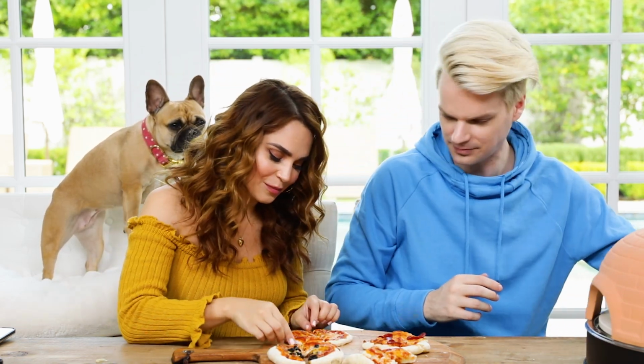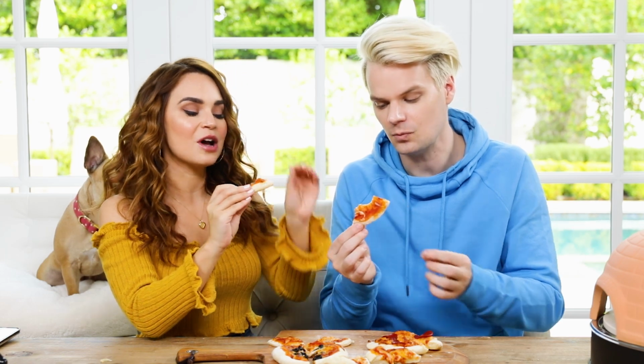Let's try one of these little pizzas, so. Pizza cheers. Cheers. Okay. Mmm. Oh, I like that. That's really good. That's my favorite texture so far. Mm-hmm. It's that pizza stone. It's crispy, but not too crispy, but then the top is soft. I could have cooked it a little longer, but perfect. Yeah. I like that. Why have 6 people when you can just have 2 and you can eat all the